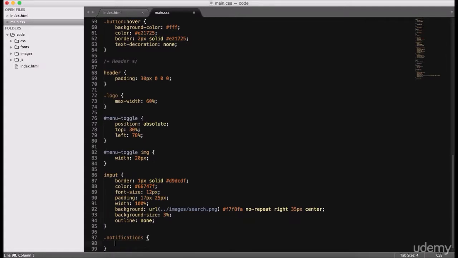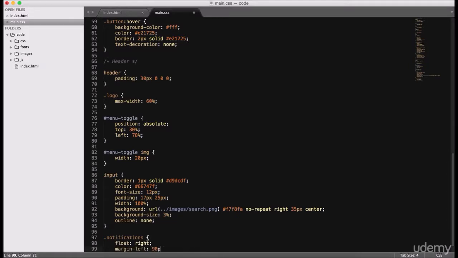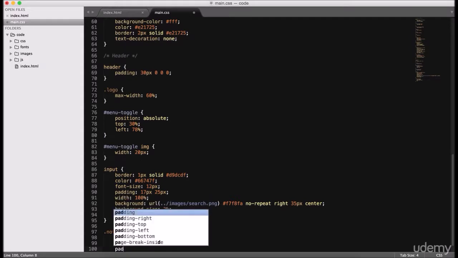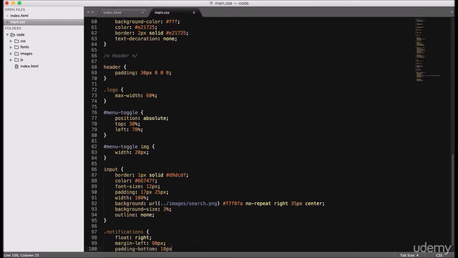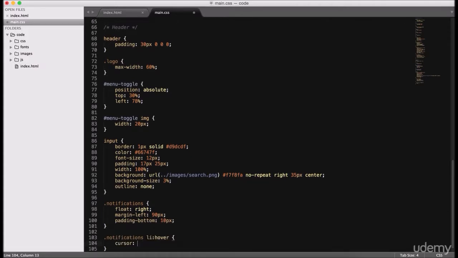Notifications, we gonna be float to the right, margin left is 90 pixels, and padding bottom is 10 pixels. For the hover, the cursor gonna be pointer,